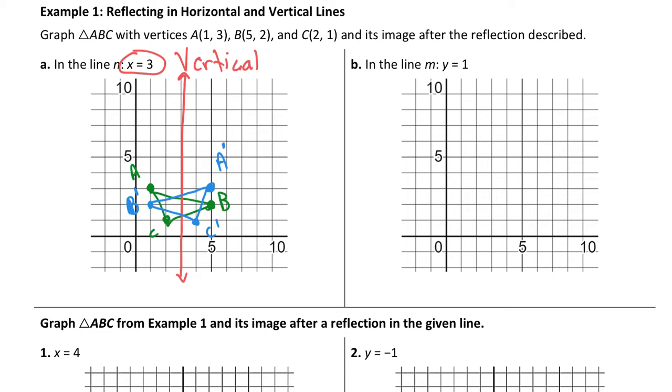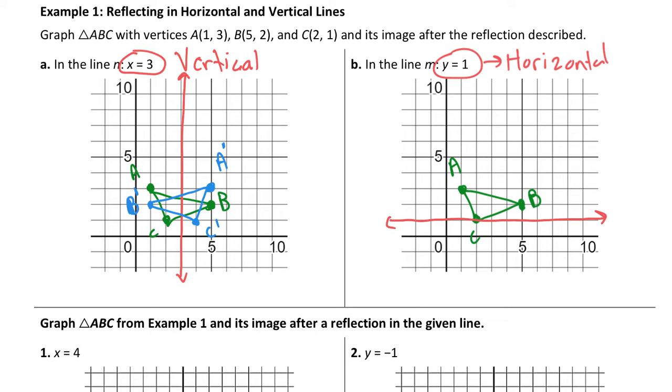So for part B of this example, we're going to graph the same pre-image, A, B, C, but now we are reflecting over the line y equals 1. The line y equals 1. And that line is not vertical, it is horizontal. And I'd like you to write down horizontal to remember